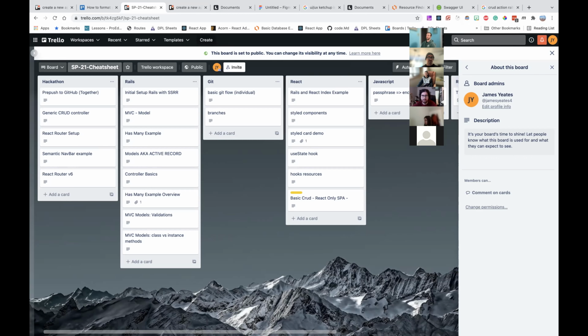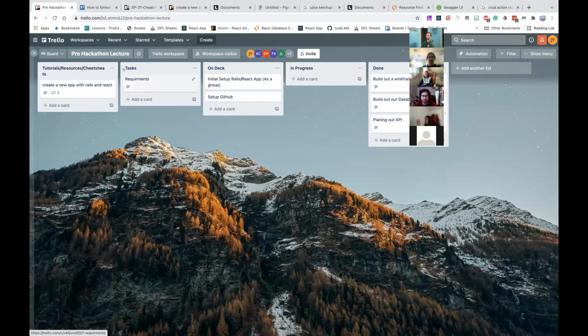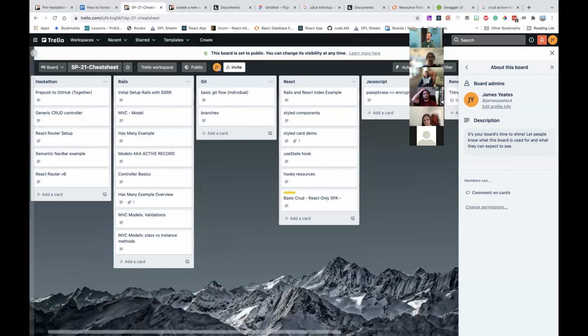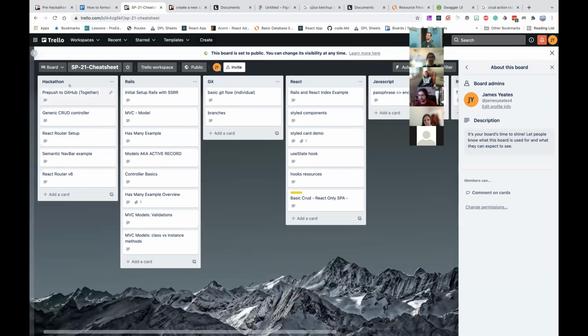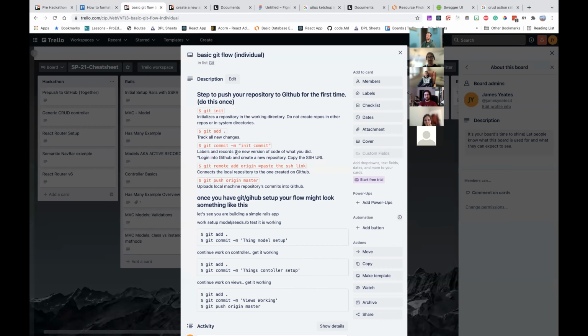I have the Spring 21 cheat sheet. I have another Trello. I have a couple Trello boards I'm working on, just the one that's really for this project. What I can do is have a Trello board where the lists are maybe more related to topics. So I could have React, Git, Rails, a hackathon. For instance, I have this basic Git flow card